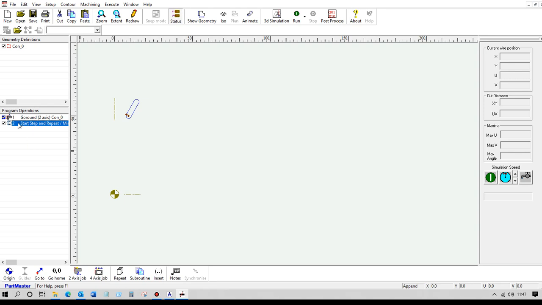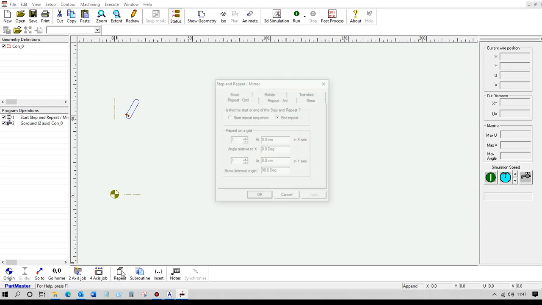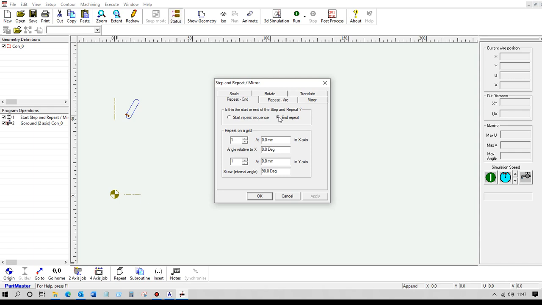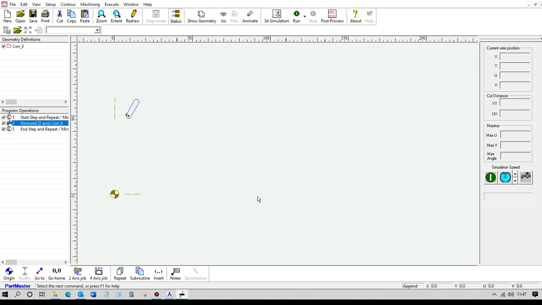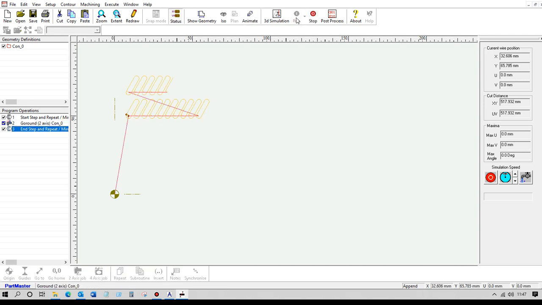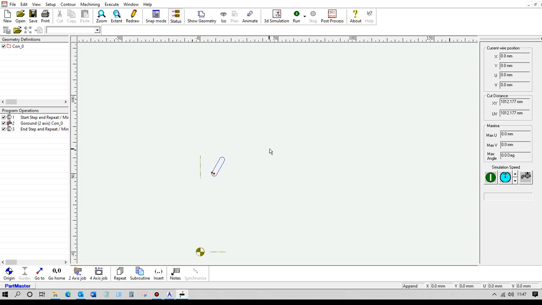So if we click and drag it to the top, so we have the start position, the repeat, we have the machining operation, and now we need to select repeat again, and this becomes the end of the repeat operation. So we have start, go round, end. So now when we run that, we have an array built up